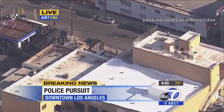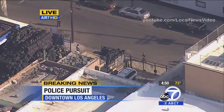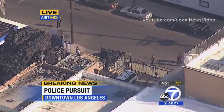Hey Bill, are you in any range at all to see the car from your vantage point and see who else is in that car? I'm just curious if that was a carjacking or if perhaps...